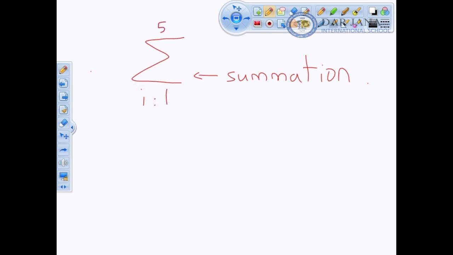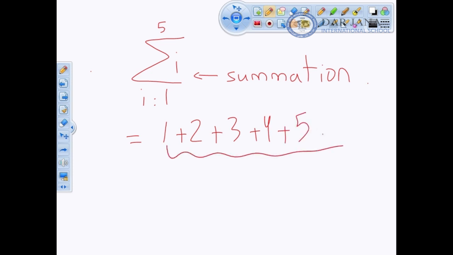We need to introduce this form. This we call the summation. When I say summation from i equal 1 to 5 for i, it means I replace i by 1, then by 2, then by 3, then by 4, then by 5. So this series